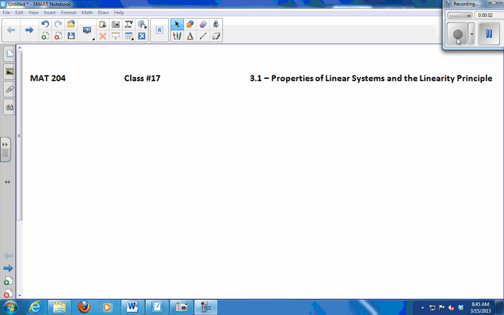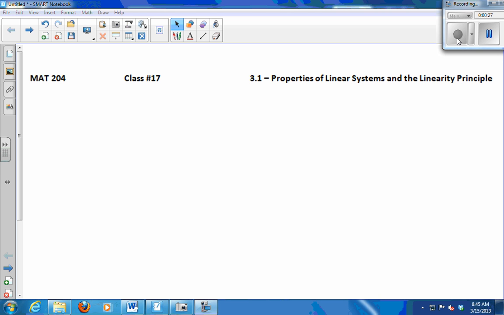So last chapter, chapter 2, we started talking about systems of differential equations, and we looked at some qualitative techniques and a couple of limited analytic techniques for how to solve them or to study their solutions. So in chapter 3, we're going to continue to study systems, but we're going to study very specific systems called